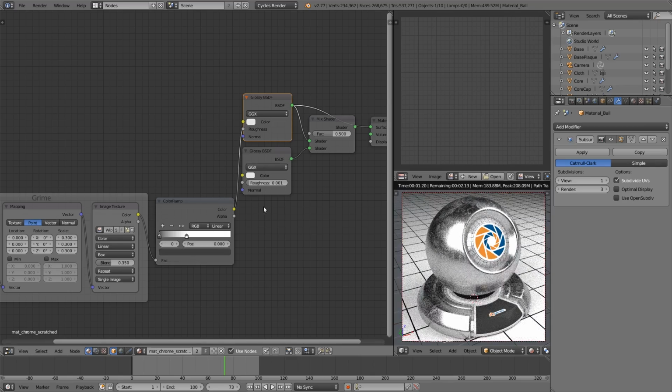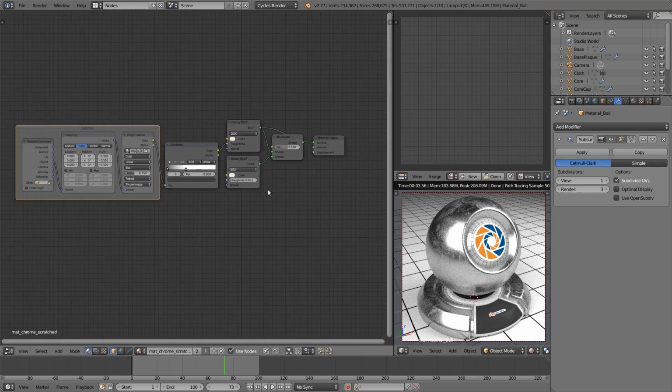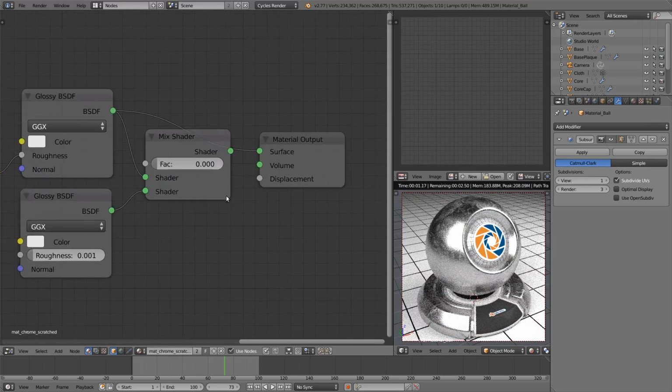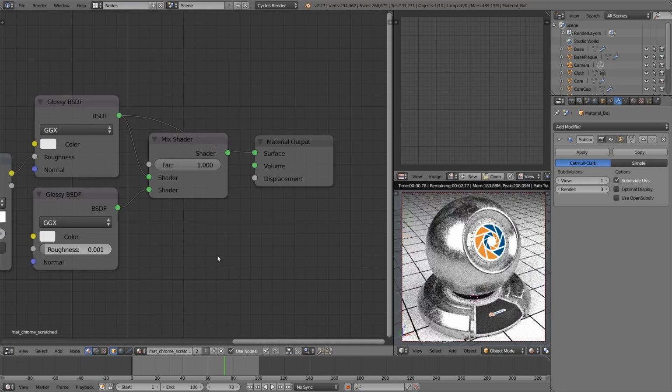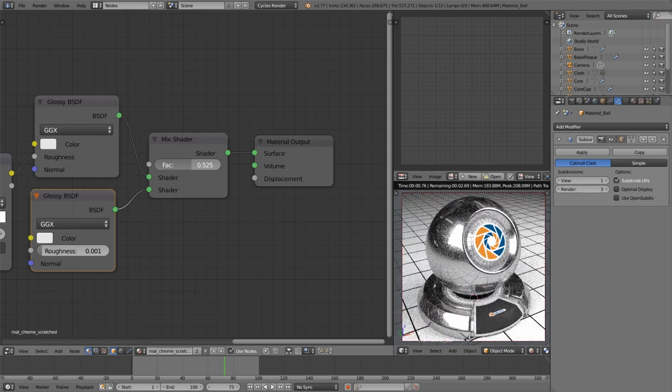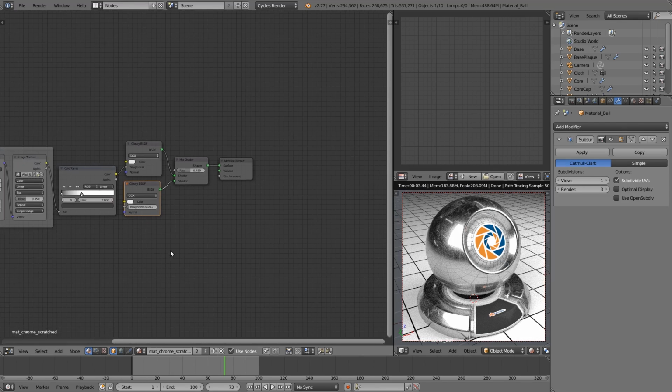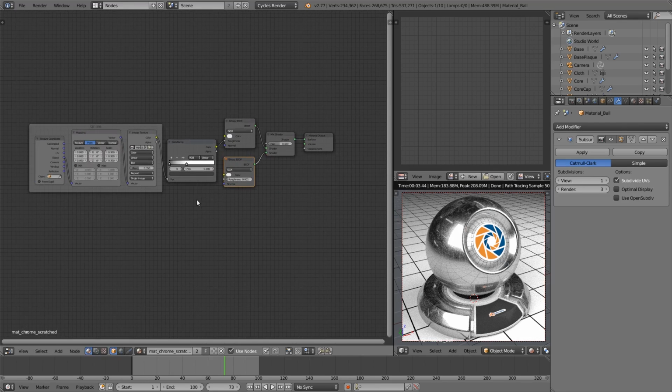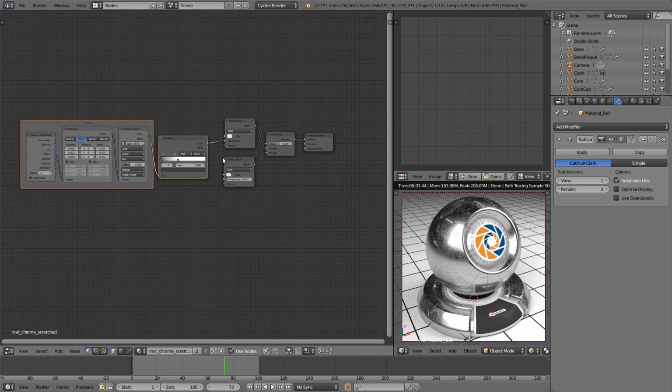There we go. And now we're literally just going to manually mix the amount that looks right. So that's going to be just our shader there, and that would just be the shiny one there. But we'll play around with that until we get something that looks about what we want, which is going to be about there. Just that slight hint of the grime coming through, because it is a chrome we're making, so we want it to be quite shiny. And all we're going to do now to make it a little bit more interesting is bring in a scratch material